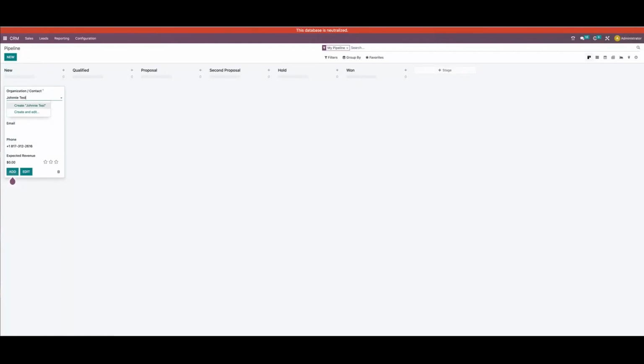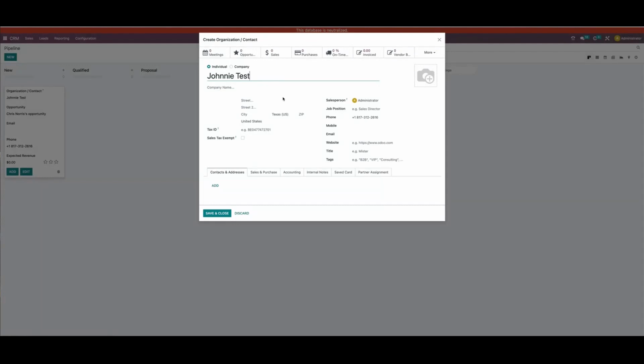It's a shared database. It is constantly linking all of these modules together. So just because you're in CRM doesn't mean you have to go into contacts, create the contact, and come back into CRM. You can create that right here in CRM. And then I have the option to either create Johnny Test or create and edit. So if I hit create and edit, it's going to actually take me into the contact where I can now